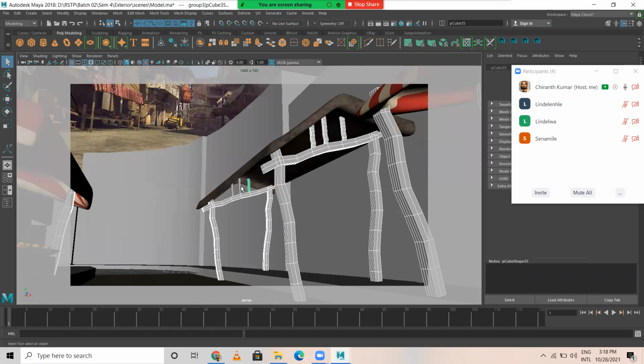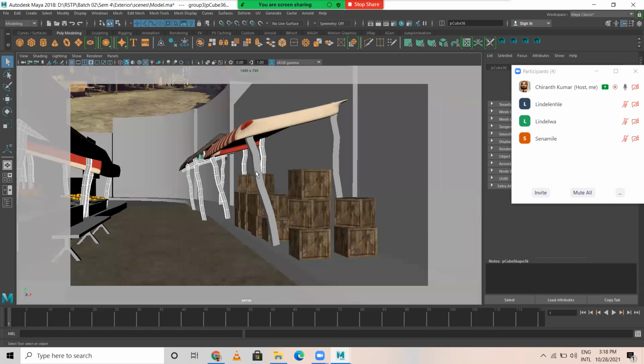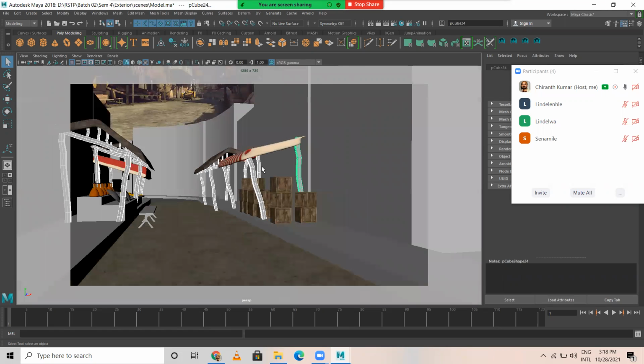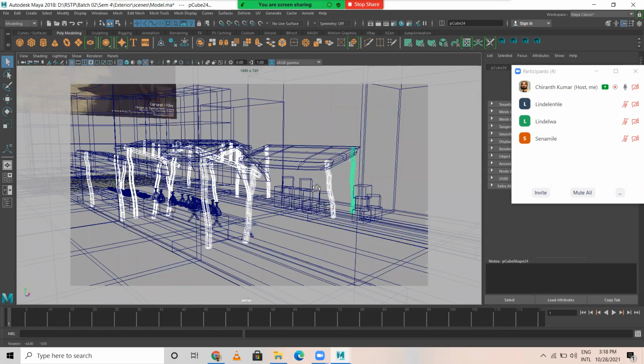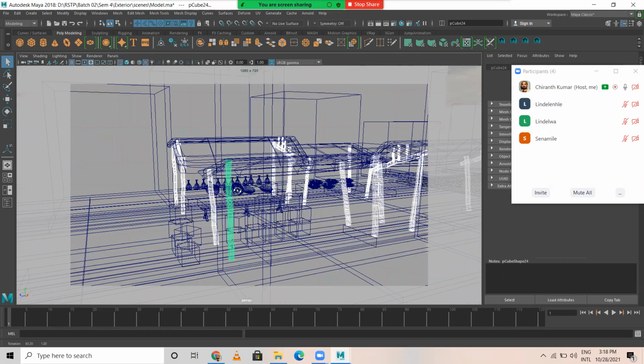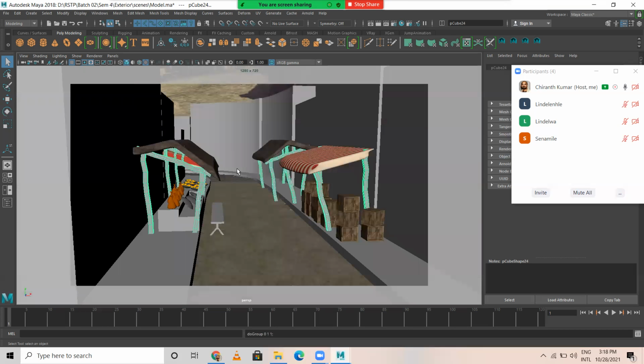In the meantime, you can render whatever you have done and share the JPEG image with me through WhatsApp, so that if any changes are required, I'll let you know in the beginning only. Once after selection, check the wireframe, make sure you're not selecting anything else. After this, I'm going to group this.